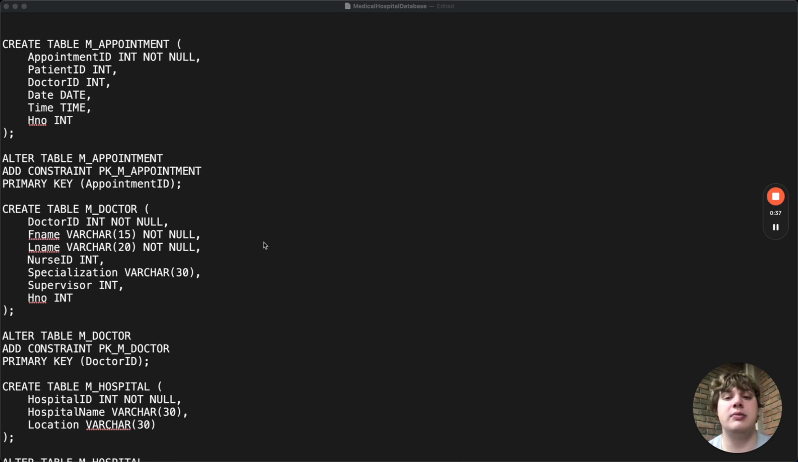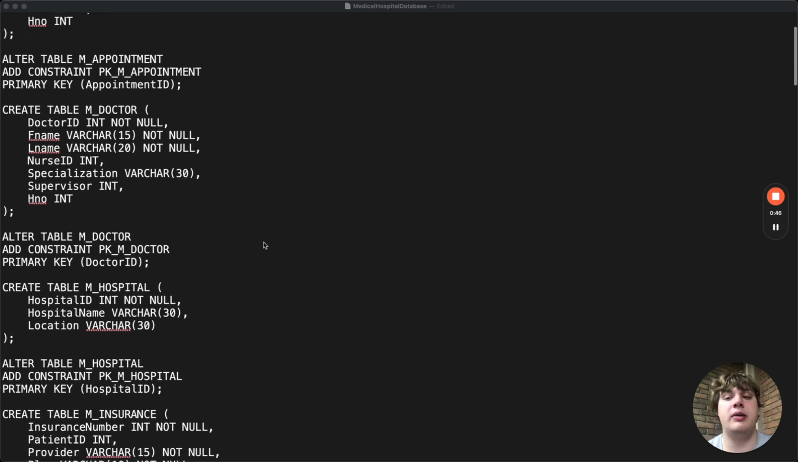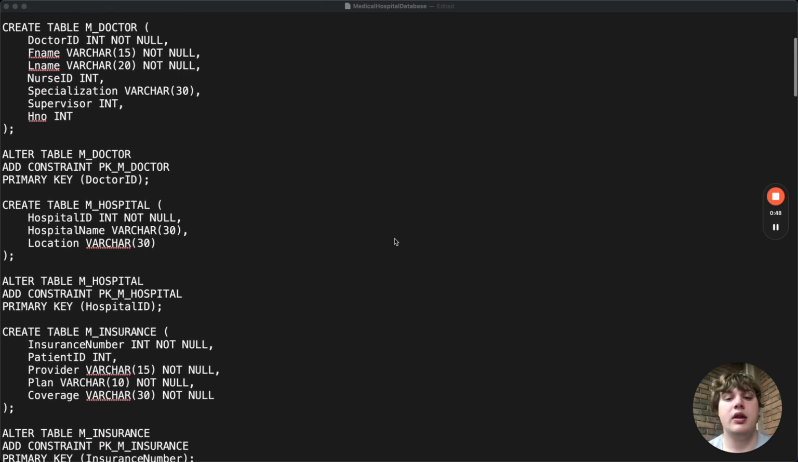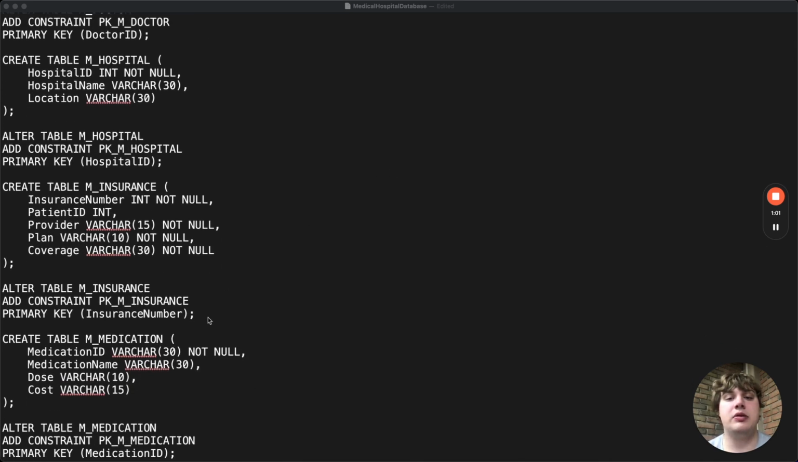The Appointments table tracks appointments with fields like Appointment ID, Patient ID, Doctor ID, date, time, and hospital number. The Appointment ID is the primary key. The Doctor table stores doctor details, including the Doctor ID, first name, last name, specialization, and their relationships with nurses and supervisors. The Doctor ID serves as the primary key. The Hospital table includes hospital information like hospital ID, hospital name, and location, and the hospital ID is the primary